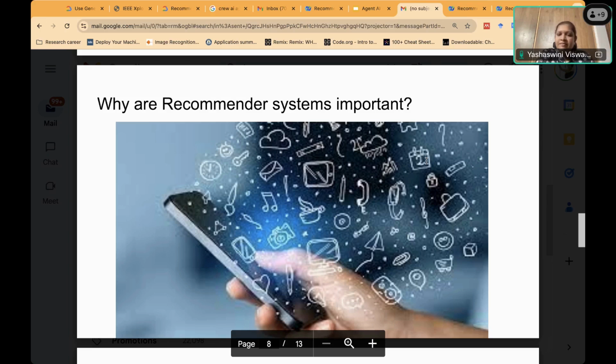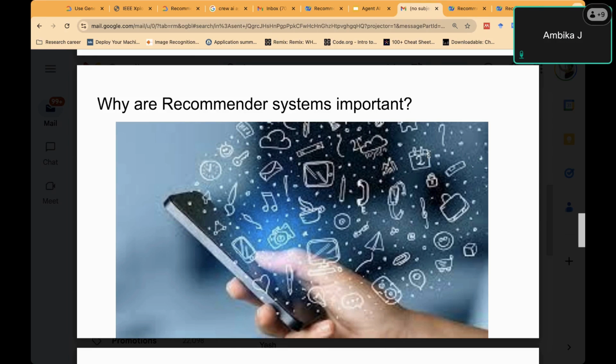Who is this? Hi, Yashaswini, Ambika here. Sorry, I was just logging in. Hi, Ambika, how are you? I'm good, thank you for this opportunity. You're most welcome. Sorry, I couldn't join because I'm in a meeting. I think we are good.